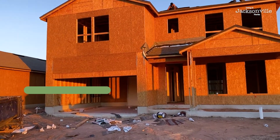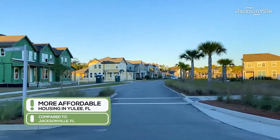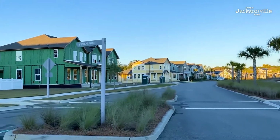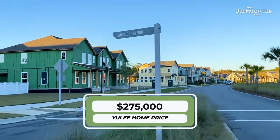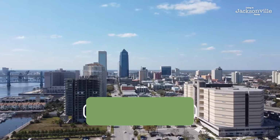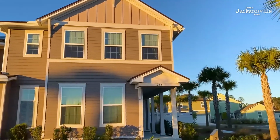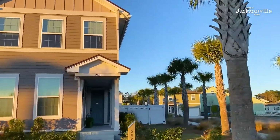And the housing, just jumping back into that, the housing compared to Jacksonville is more affordable in Yulee, right? Depending on the areas you go in, it is a little bit more affordable. The average price of a home in Yulee is probably about $275,000, give or take, whereas Jacksonville is roughly $325,000. It is a little more affordable, but again, you're a little further out, which a lot of folks love. But you're getting a bigger lot, you're getting a brand new house over there in